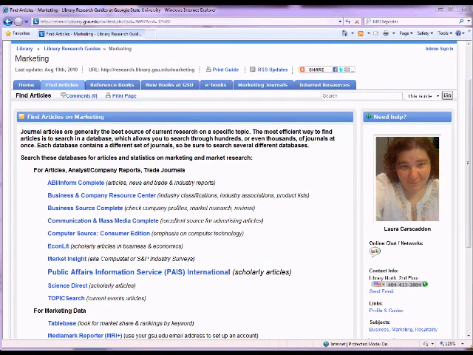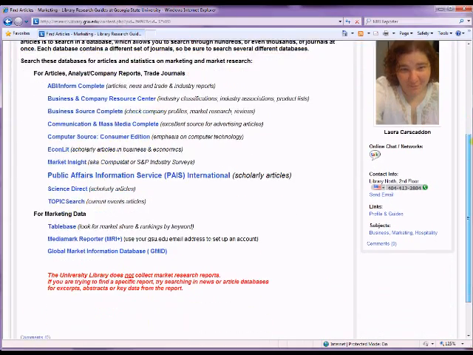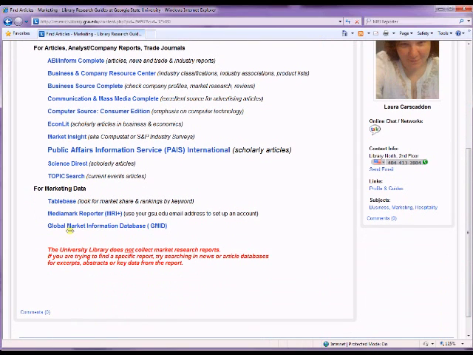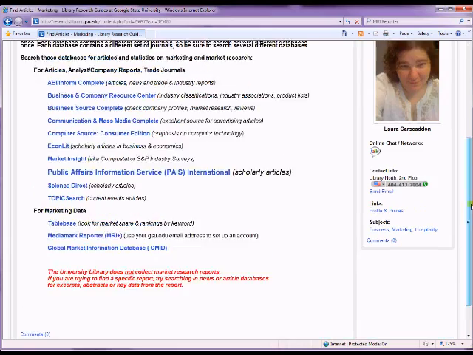Okay, one of the most common things that a marketing researcher may need information on is the potential size of a market, whether it's at a nation level or a product level or some mix between those things. And we do have access to a database that provides some of that information. It is the Global Market Information Database, or GMID,